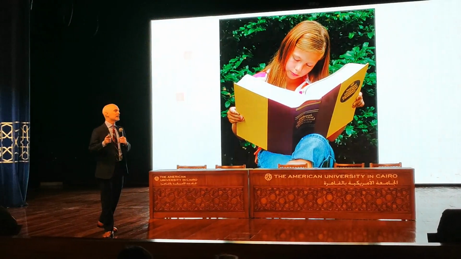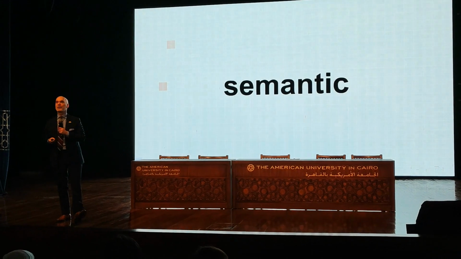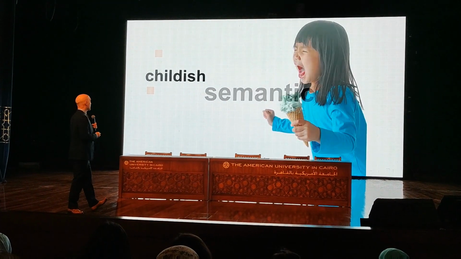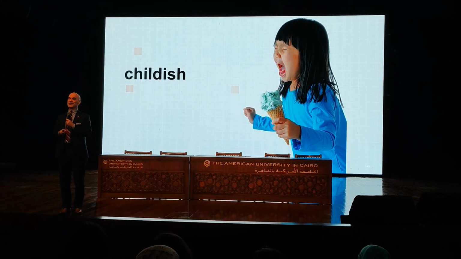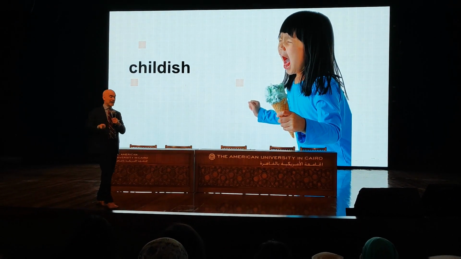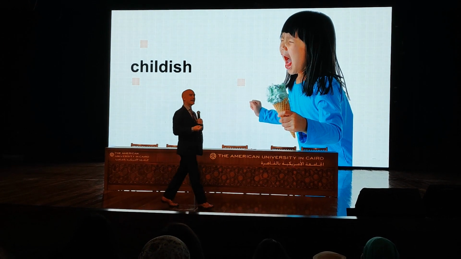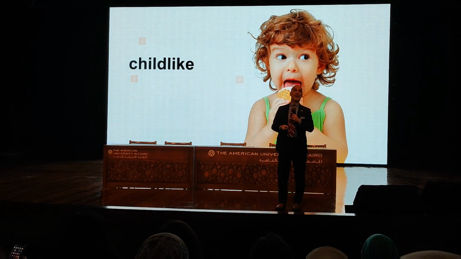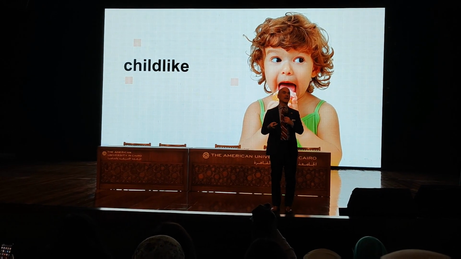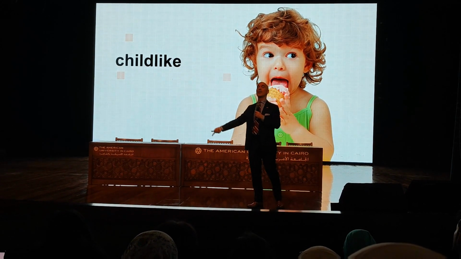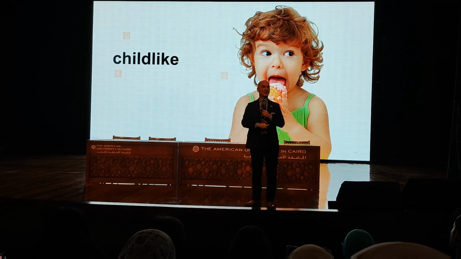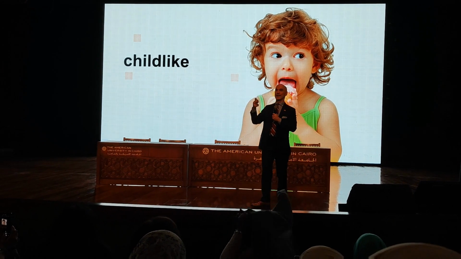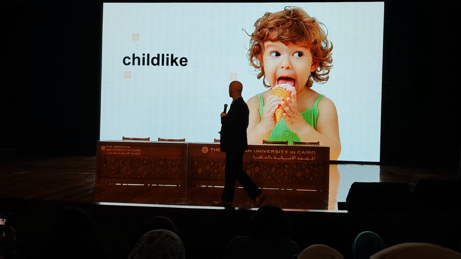Usage means something else, a little bit different. It has to do with not just the semantics, but the cultural elements of a word. And what do I mean by that? Here's a word like childish, which means behavior like that of a child, but is usually in a negative connotation. In English, we also have the word childlike, which is the same semantic meaning, behavior like that of a child, except it's almost always in a positive connotation. And so it's important to know that childish has a negative connotation, childlike has a positive connotation.